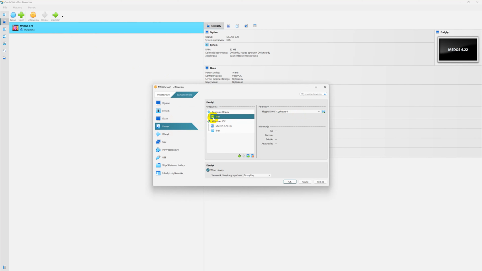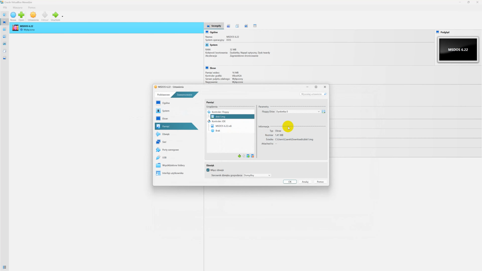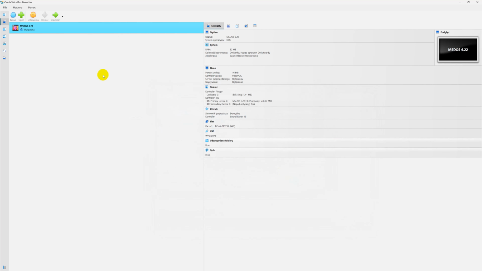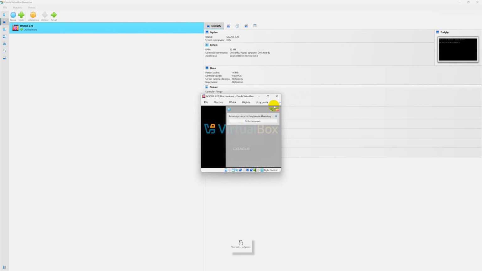If you see this disk with empty label, you need to click here, and there is a choose a file from a disk. I go back to my downloads, and I choose disk 1, IMG. I assigned the first installation disk. Now I click OK, and after this, I can start my machine by double click on this icon. You see that the virtual machine is starting,